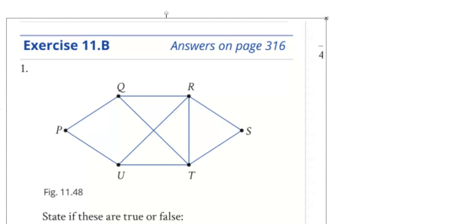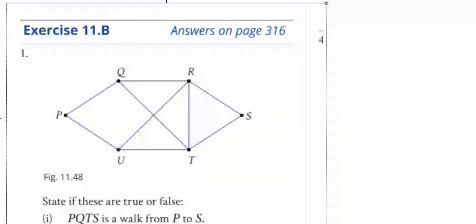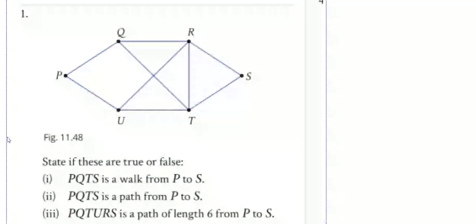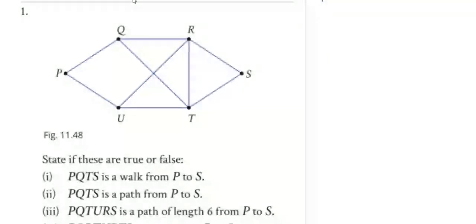So we have a graph here, a network, and P2QS is a walk from P to S. PQTS. Yeah, you can walk any way you want to get there, so the answer is true. Okay,